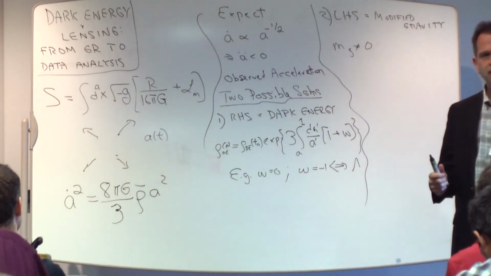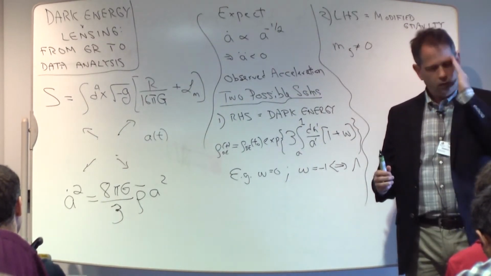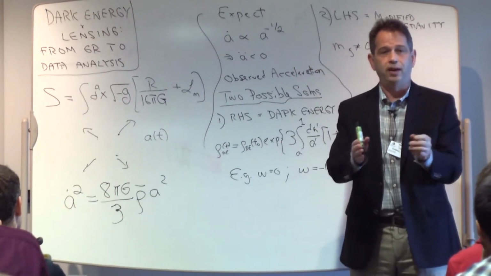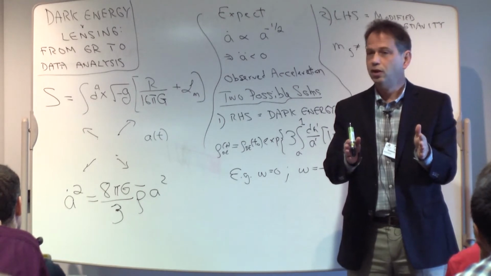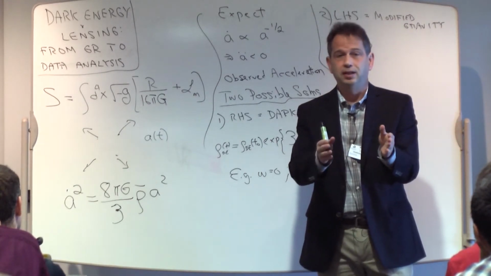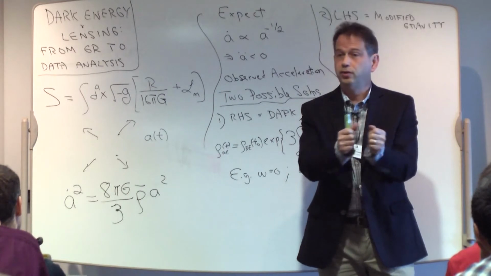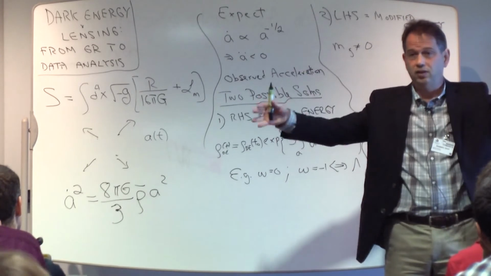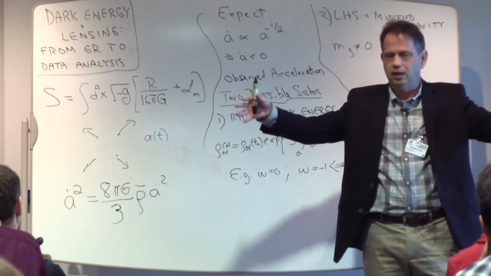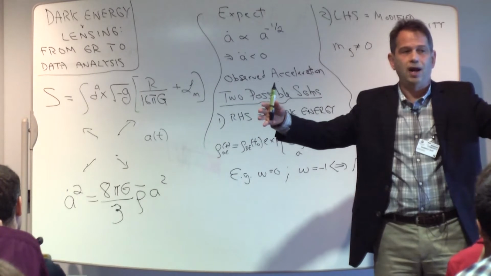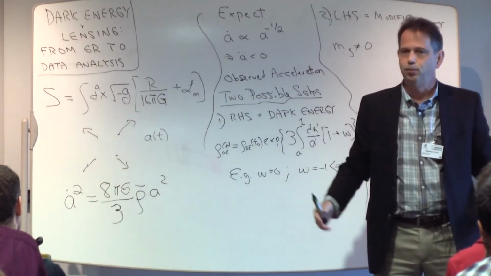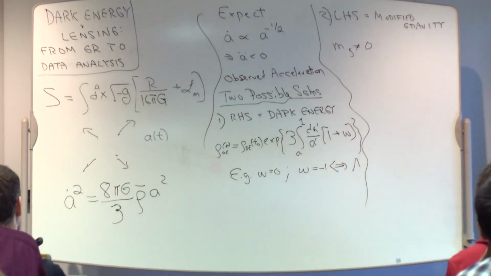On the one hand, that kind of makes sense because, especially for those of you coming from particle physics, you know that if you give a particle a mass, the force that it mediates has a finite range. If you give, for example, the pion a mass, it has a range only on the order of the nucleus. Similarly, if you give the graviton a mass, it only has a finite range. So you give it a mass roughly the inverse size of the universe today, then the force of gravity falls off after that. And that would explain why the universe is accelerating, because gravity becomes less important. So that is something that's possible.